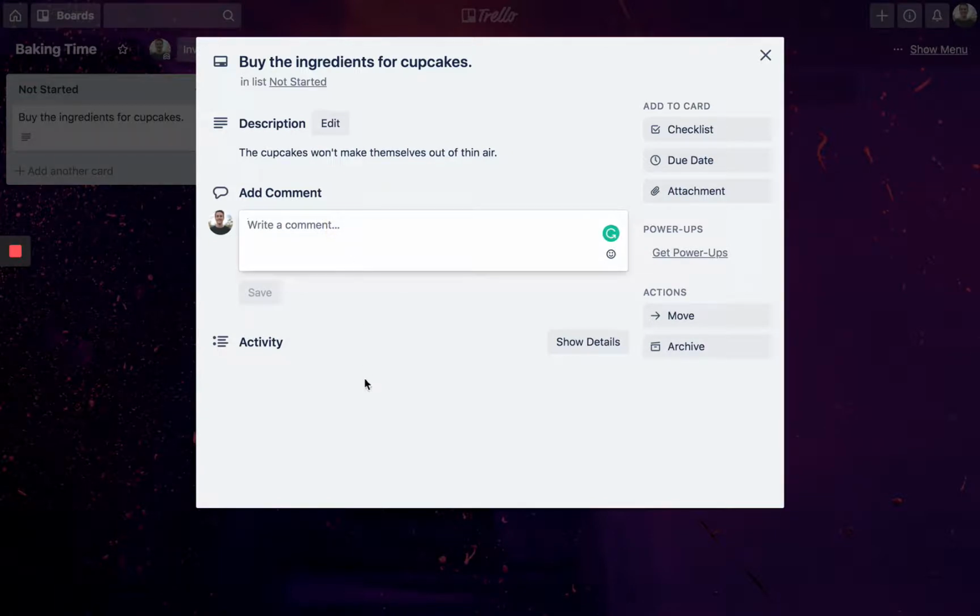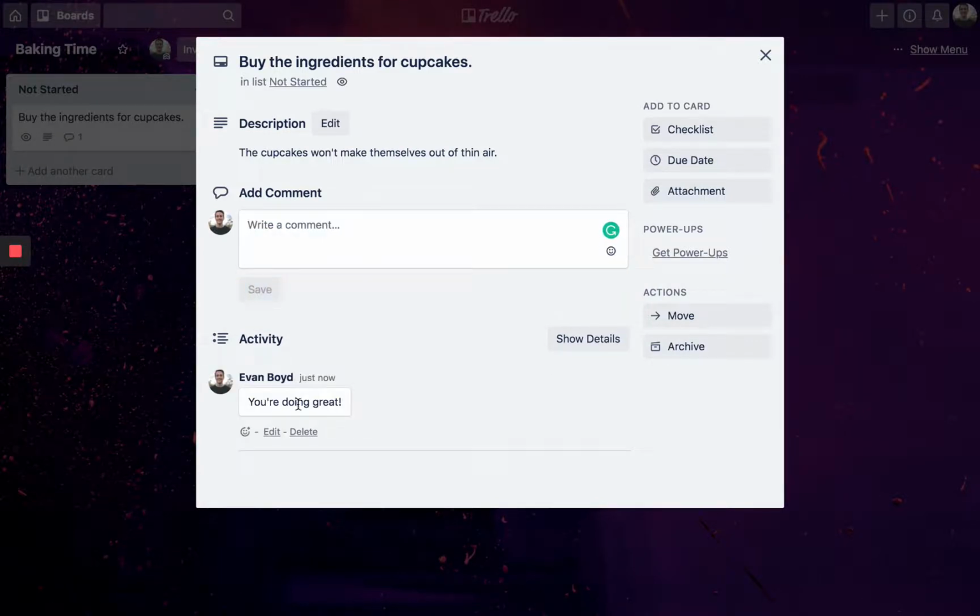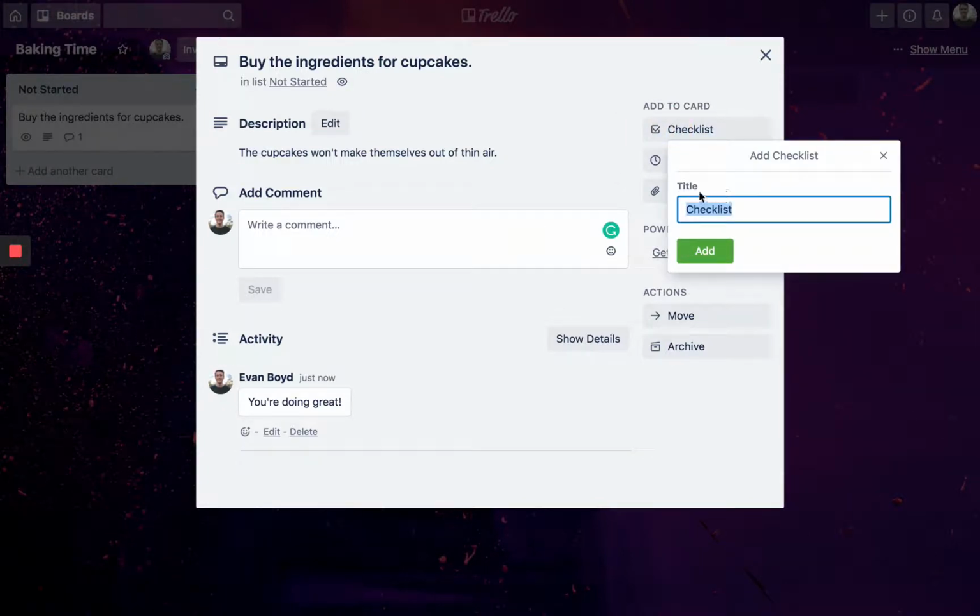Let's just say add comment. Let's just say I want to give a term of endearment to the team. You're doing great. Awesome. Save. That's just for them. Let's just say we want to make the cupcakes, but we need to buy the ingredients. So it says right here, buy the ingredients for cupcakes. So let's just say we want to add a checklist. So for the checklist, title,